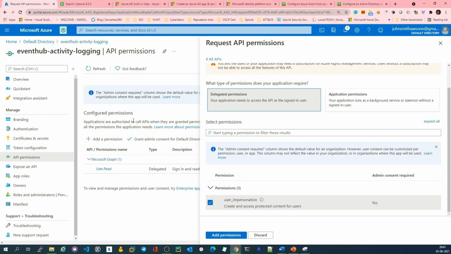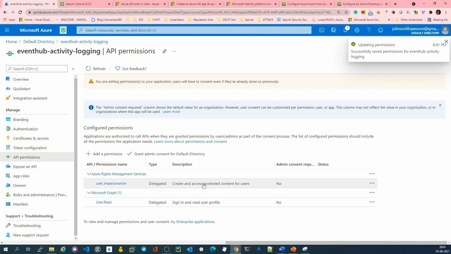So this application will get the user impersonation API call access, so that it can impersonate with the required roles which I'm going to assign to this application and pull the logs from the required resources, or you can manage the resources.